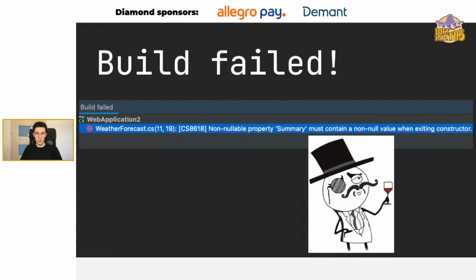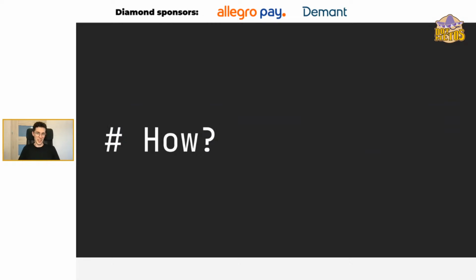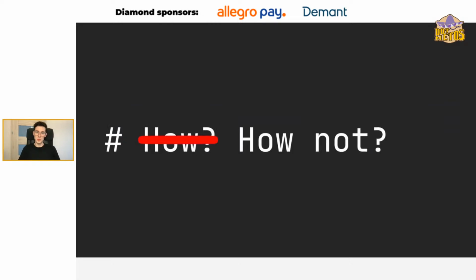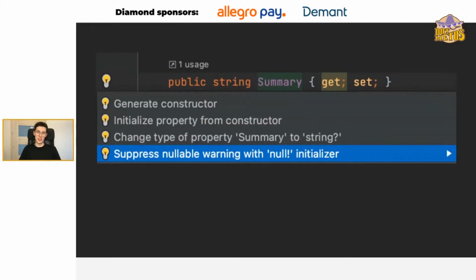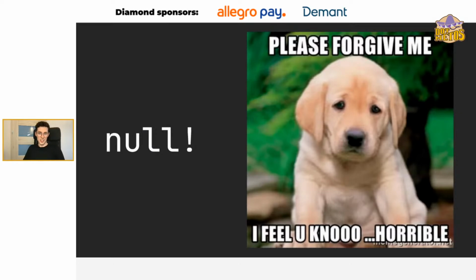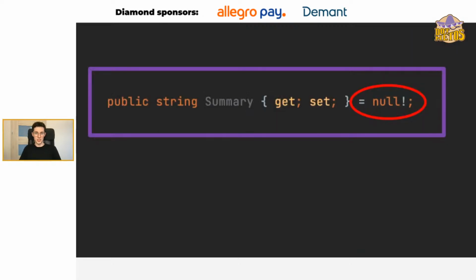And that's great. Now we have a certain anti-lie blocking tool, and we can focus on how to fix it. How can we fix this error? But let's maybe start with how to not fix this one. And definitely not by suppressing nullable warnings with the last one here, which is the null forgiving operator. It is kind of an explicit way to lie in our code base, because you can add null at the end with the exclamation mark, and that's pretty much it.